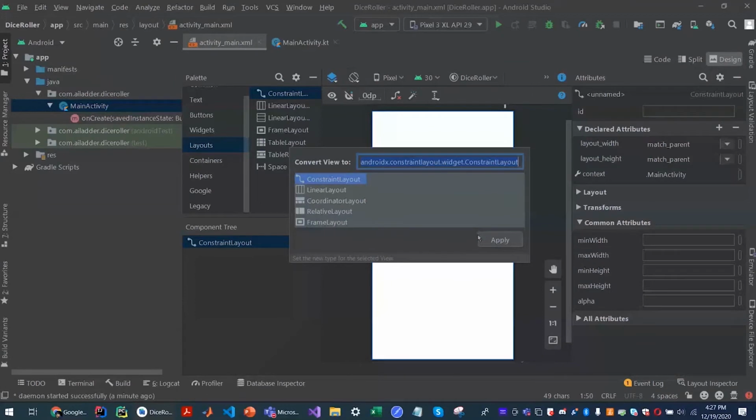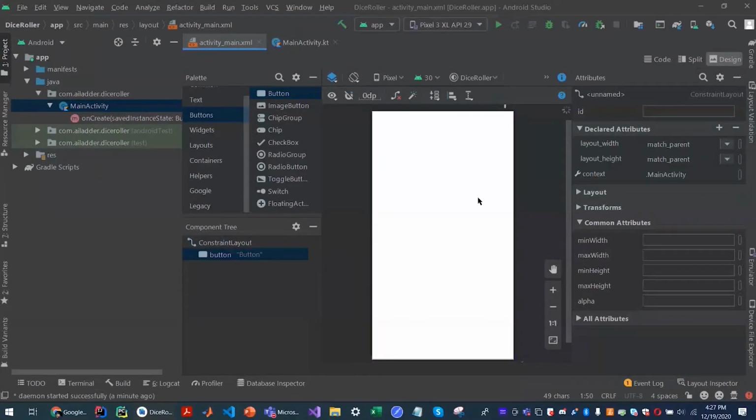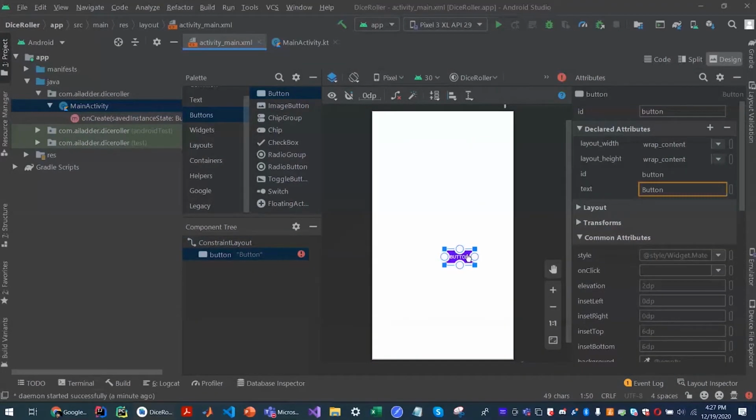And this is the ID I mentioned. So this is called the resource ID, and each view has a unique one. Normally it's convention to name it something that makes sense, based on what the view does. So for us, in the dice roller app, the button will be performing the function of roll. So I'll name it